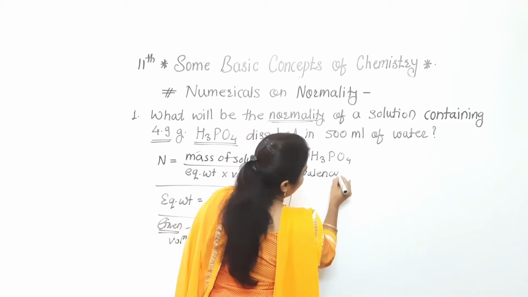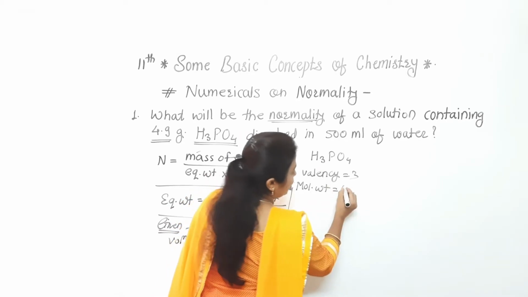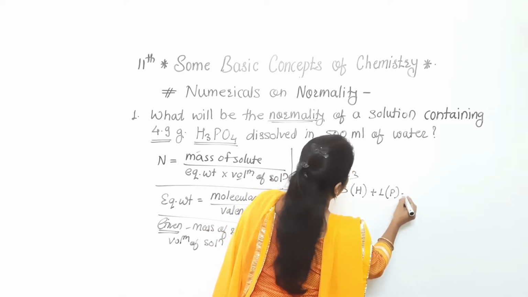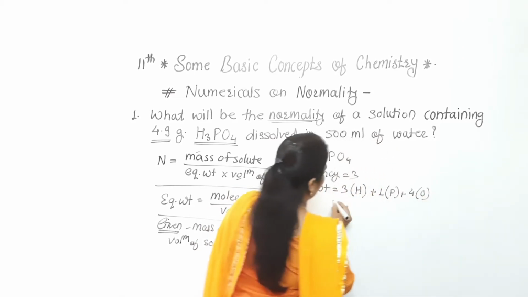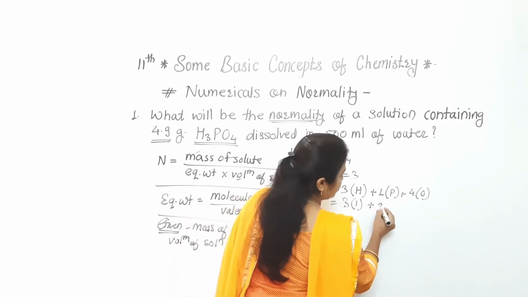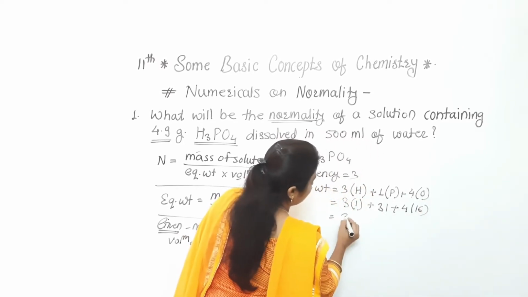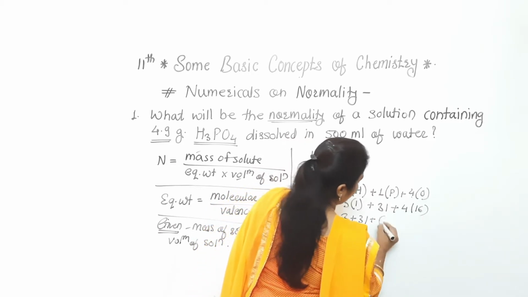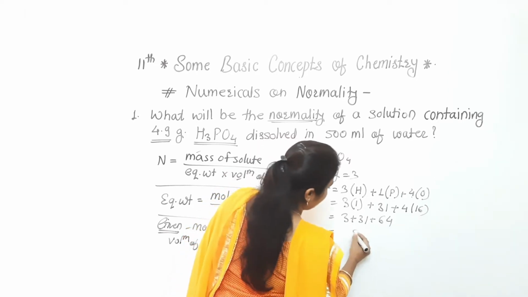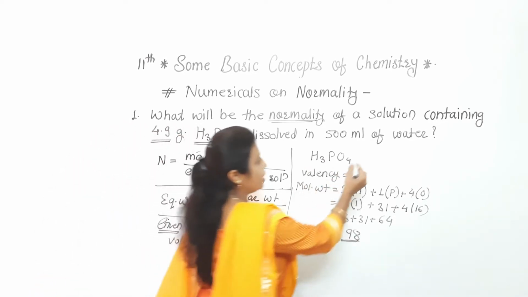Now see, next term we have to take, that is the molecular weight. For that molecular weight, we just have to take 3 into hydrogen plus 1 into phosphorus plus 4 into oxygen. So here 3 into 1, because hydrogen its mass number is 1, plus phosphorus it is 31, plus oxygen it is 16. Now see, 3 plus 31 plus 16 4s are 64. So in this way, 98 is the molecular weight. अभी equivalent weight find out करना है.